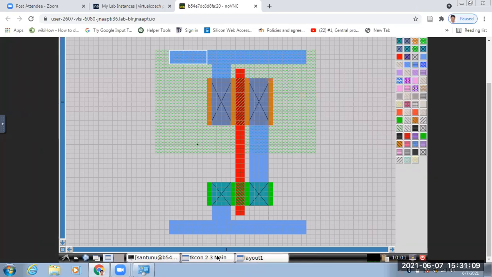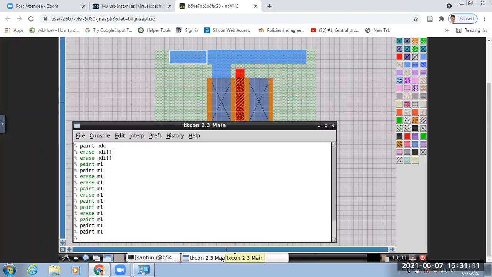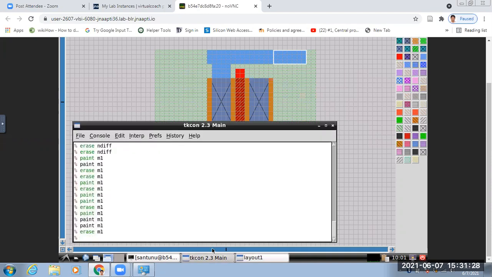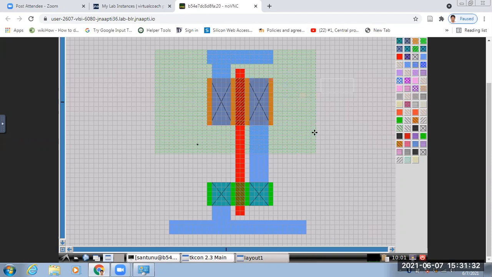So you can delete this. Similarly, this side also you can do. Here also same thing you can do.